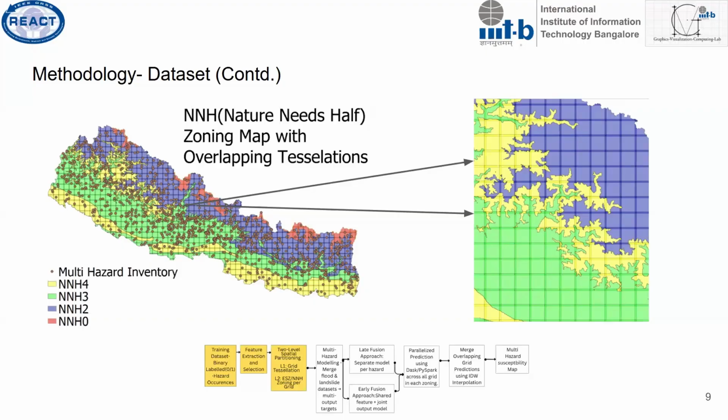And here, to speed up the prediction, we have divided our study area into square grids. Earlier, for our initial study of Kerala, we used non-overlapping squares, which gave us edge artifacts, as I said earlier. So here for Nepal, what we have done is overlapping square grids, with overlap on all four sides, so that we can reduce the edge artifacts when we are finally computing the entire susceptibility map for Nepal.